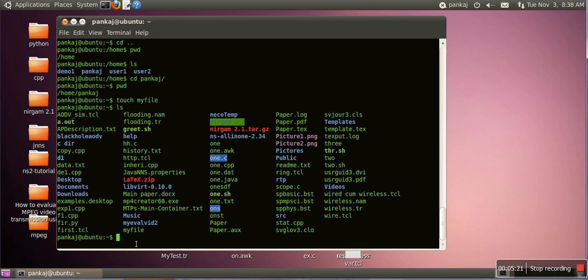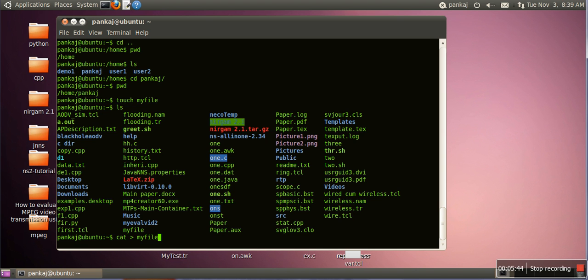Now in order to write some content in this myfile, cat command can be used. Actually cat command is used to show content of a file, but if we don't specify any file name, it will take content from keyboard, and this symbol is used to redirect output of this command to a particular file.